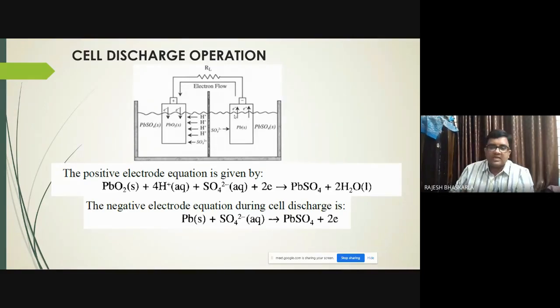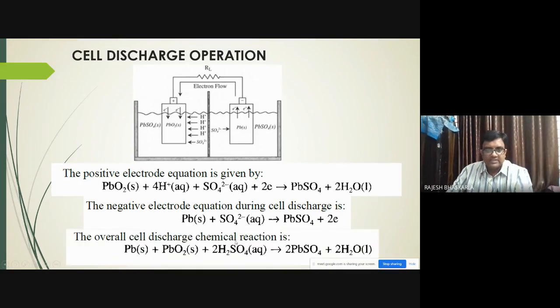What you have to understand is, by the end of the chemical reaction, the lead will be diluted, and here also this will be diluted. So at both ends, the positive electrode is becoming lead sulfate, and the negative electrode is also becoming lead sulfate. So the slow process of reduction of this material happens. If you add these two on the left hand side, and add these two on the right hand side, that is called the complete chemical reaction, the overall cell discharge reaction.